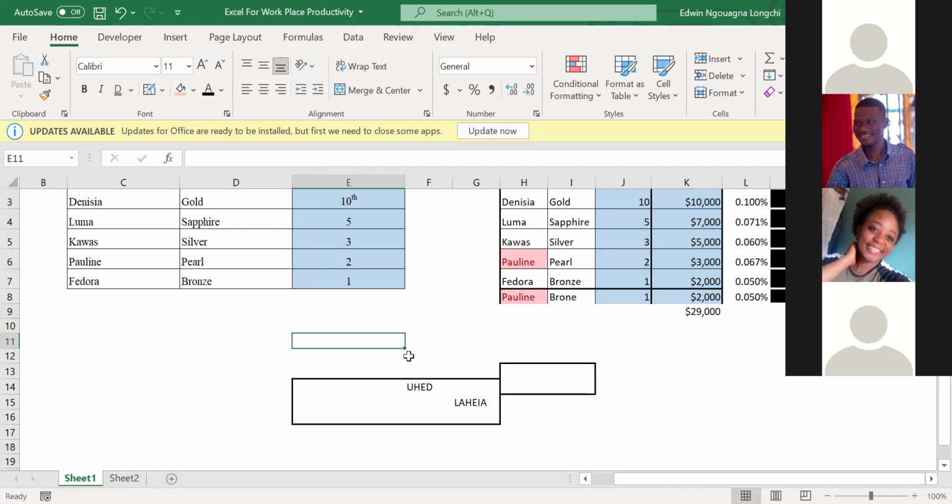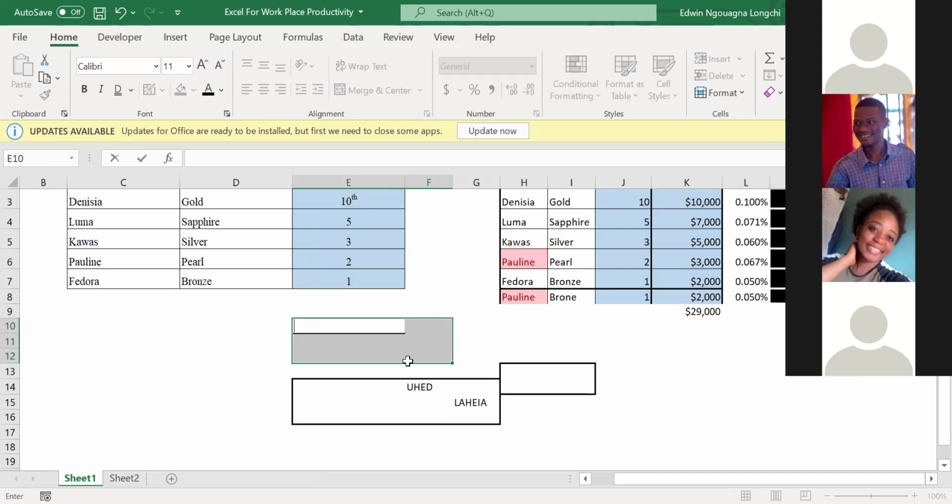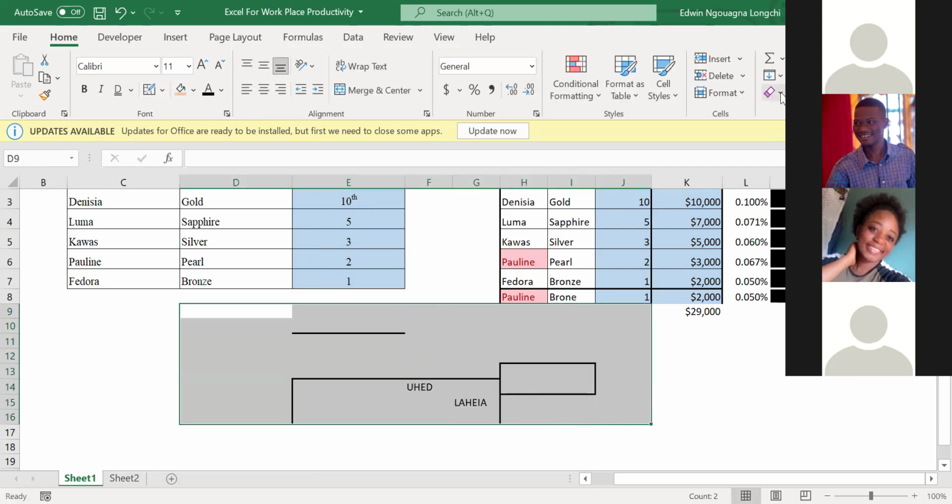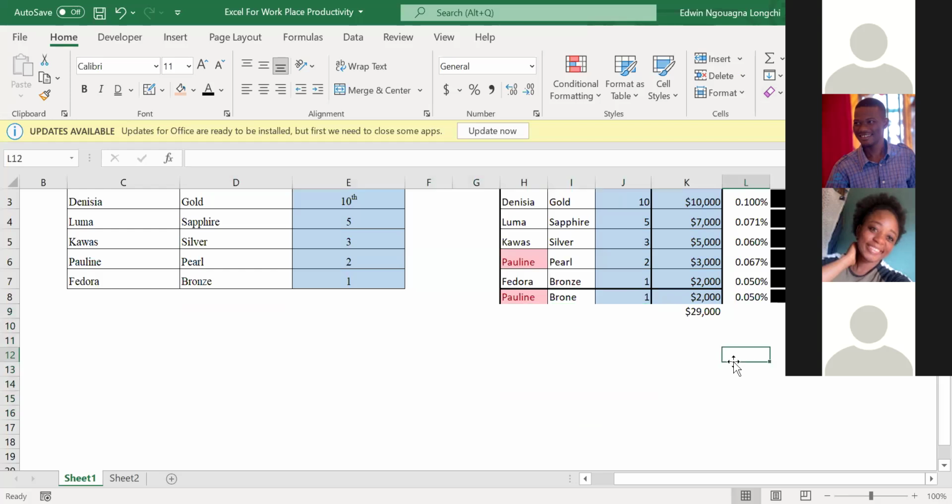Have you ever come across this? Those who use Excel, you have something like this. You don't know what to do. You want to get rid of this line. You take Delete, it doesn't go. You highlight, you take Delete, it doesn't go. You highlight, you take Backspace, it doesn't go. What do you do? Just highlight it, guys. You come to Eraser, you Clear All. Okay, that's it.